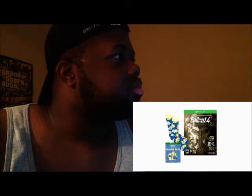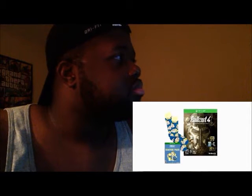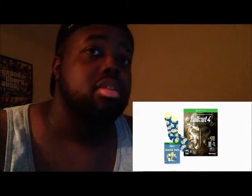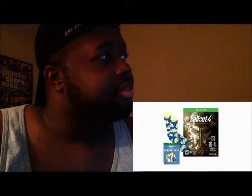Number 4, if you pre-order the Fallout Gold Edition, you get some nice Vault Boy socks. And while that might sound stupid, look at the socks. They're actually cool. They would probably cost, my guess is about $20, on account they're a collector's item. I wouldn't wear them, but...